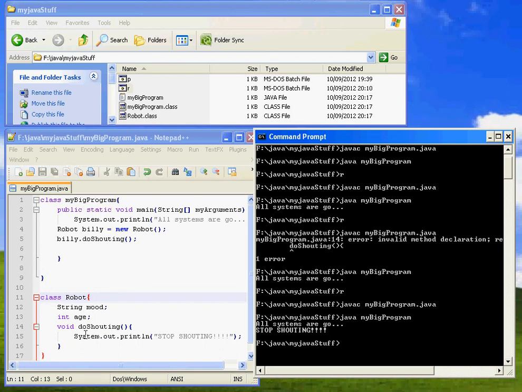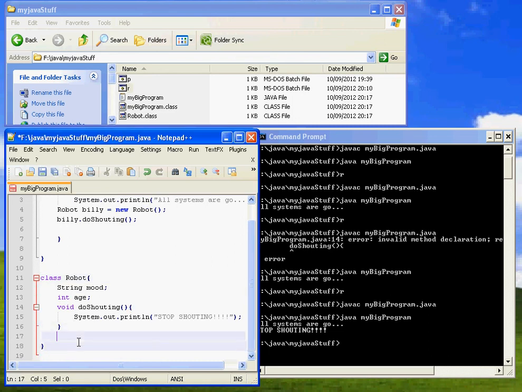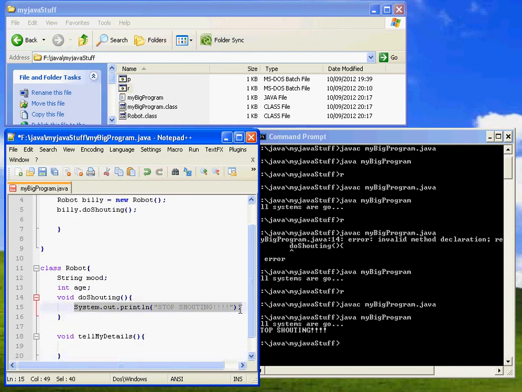Now let's just have a look at this. Let's add another method to it. Let's make this one void tell, call it tell my details. Not being very creative tonight because it's coming up to 8:30. Void tell my details, and this is going to do, let's take this, I'll just rip that line off from there. Control C. Stick that in here, Control V, and it's going to do